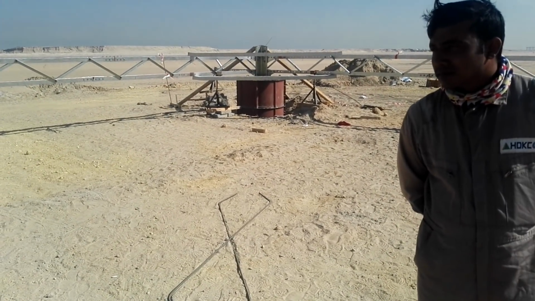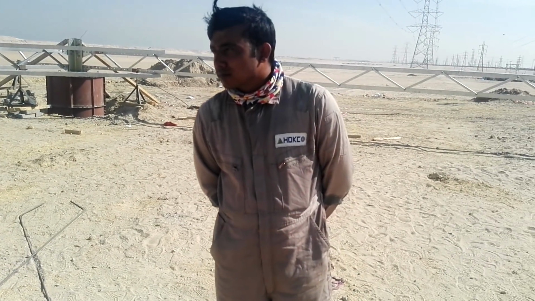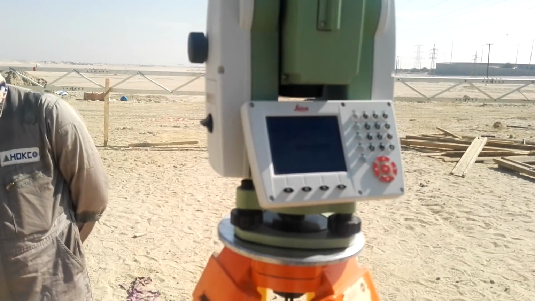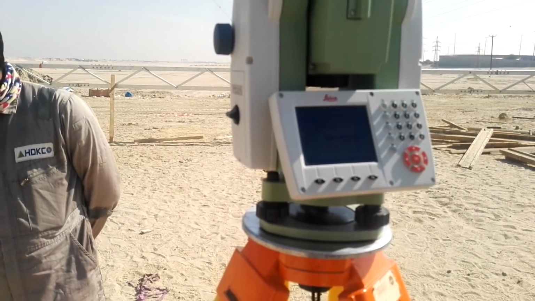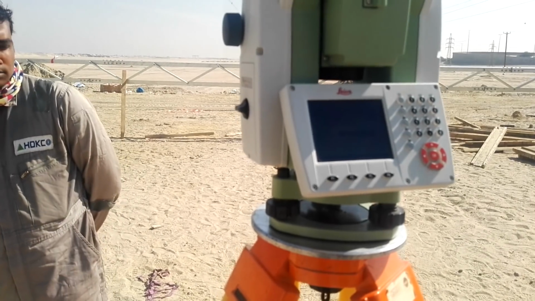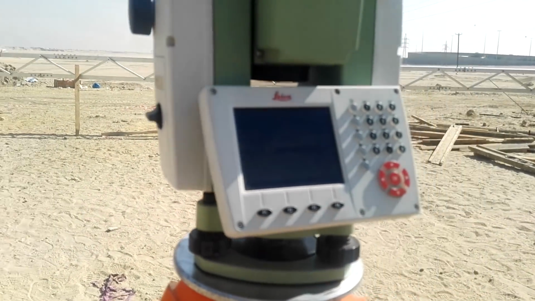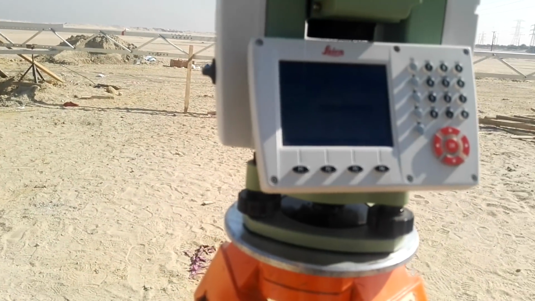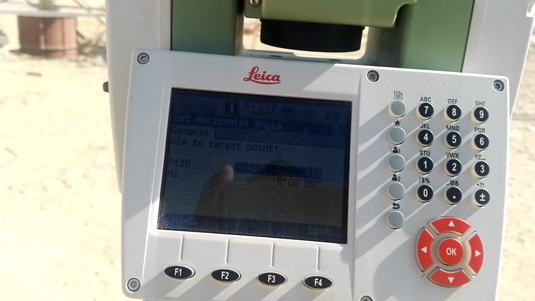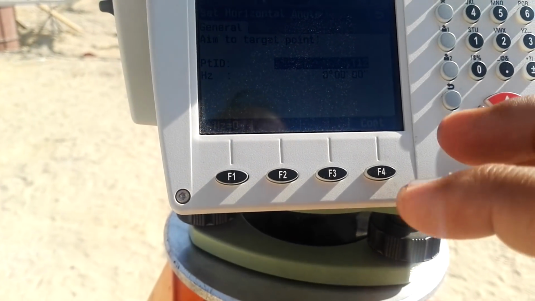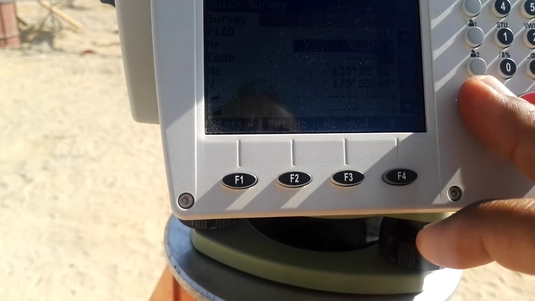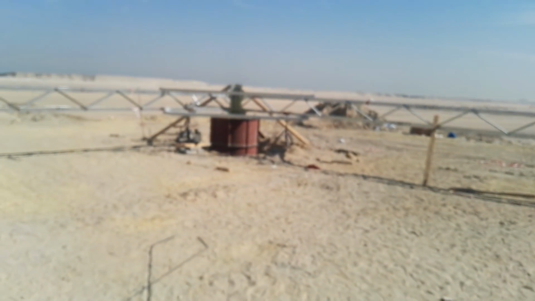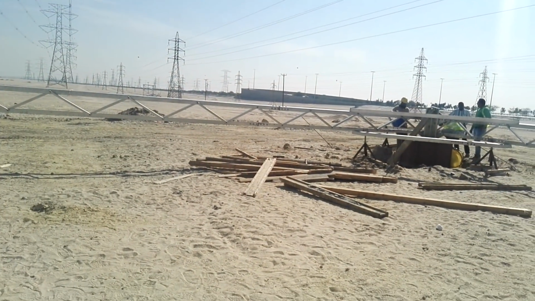We fix these templates temporarily, make a center, and then fix four side centers at angles like 0, 90, 180, 270, as I explained. This is the way we can set the templates for the transmission line. This is the answer to the question somebody asked me on my YouTube last month. And this is the way, with this total station, we can set the angle, and the second option is how we can make a distance between these two points. For example, I have these legs and the second leg, how can we get the distance.